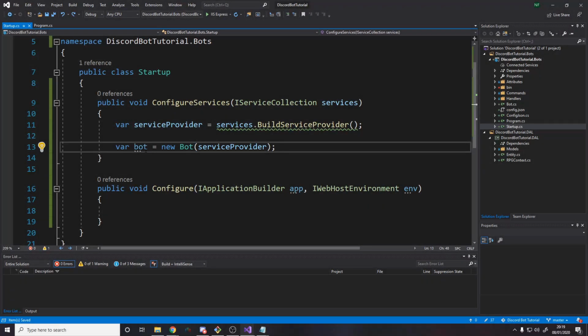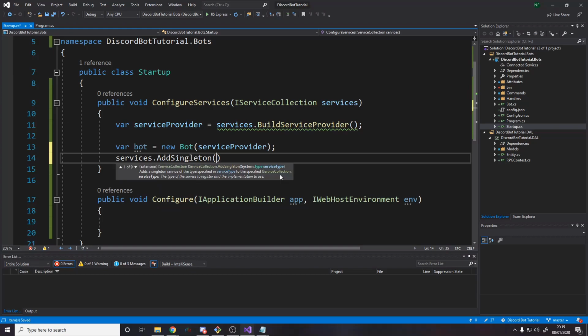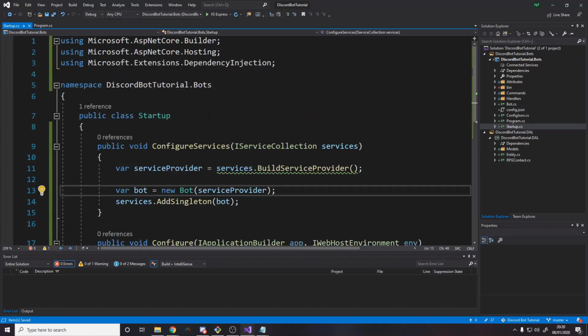Now we want this bot to stay active all the time. So the way we can do that is by making it a singleton. So we're going to say services.AddSingleton<Bot>. Okay, you pass in the bot, got a singleton bot. And that's actually going to keep it running now, because we're never going to dispose of this object. It's going to be alive as long as this actual application is alive, and the application is the bot, so